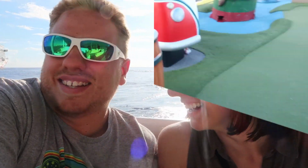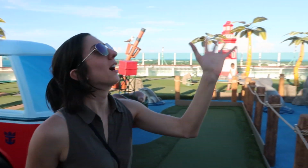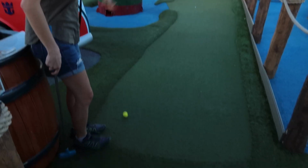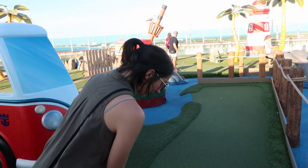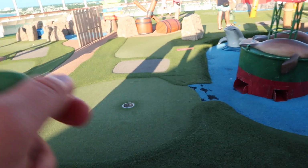Sometimes. Alright, finally time for some Independence Dunes golf. With real golf balls. Sometimes they're foam. And many different colors. Yes, that's always nice. Starting with bright yellow this time. I've got orange. Hole number 1, par 3. Going around the buoys. Whoa. You're that way. The hole's...